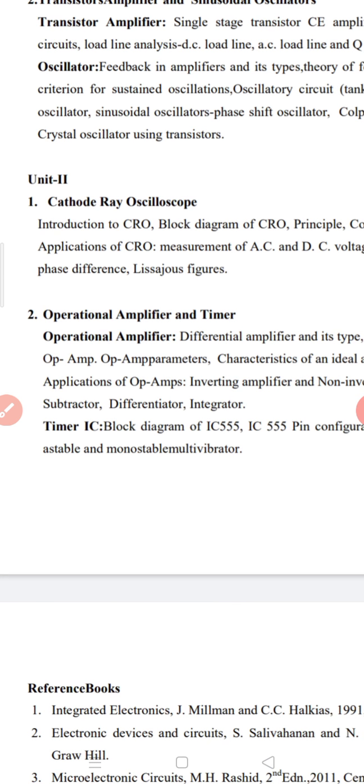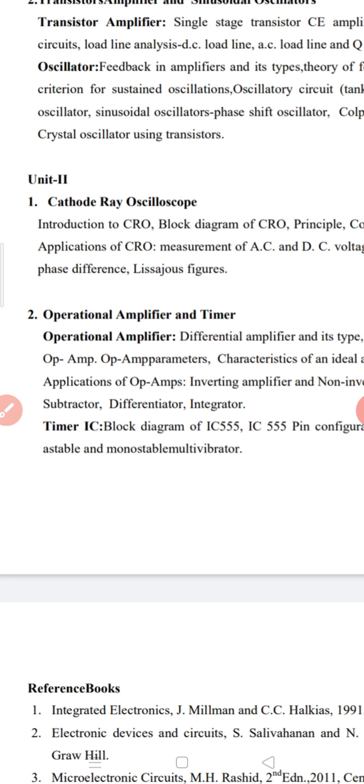Now in our second unit, it consists of the cathode ray oscilloscope. You have also used it in your SY practicals. Cathode ray oscilloscope means CRO. It is the big computer-like box which we used during the crystal oscillator practical to see the waves. We also used it to find the frequency of AC, where we saw the Lissajous figures in it. So we have to see how this big box works.